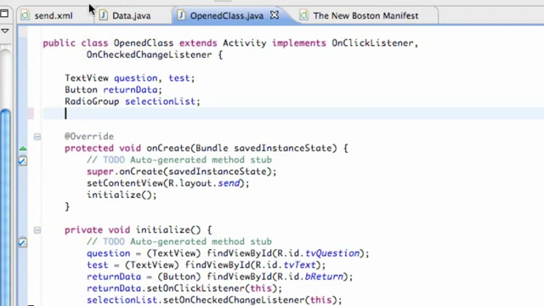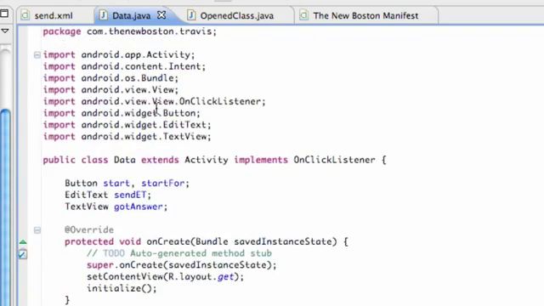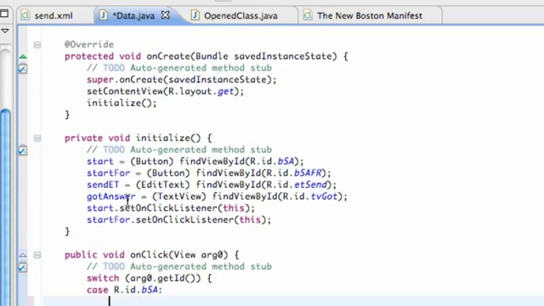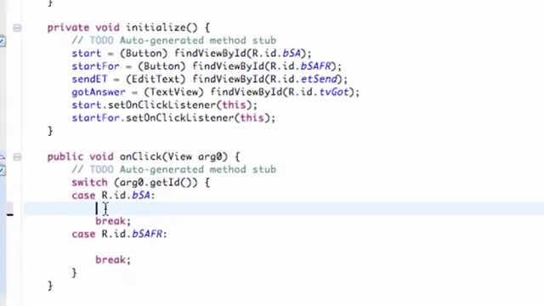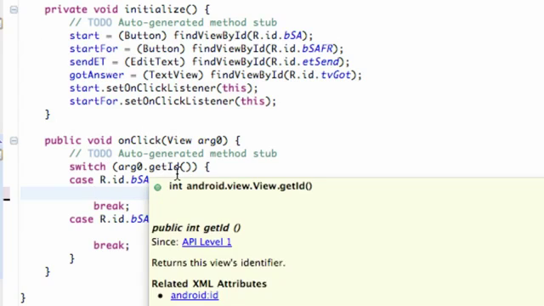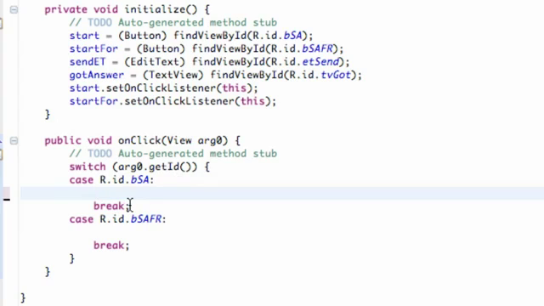So just save that and then go into your data class right here. We have this all set up as well. Within this method right here where we say button start activity, this is where we're going to pass some data. So what we want to do first is set up a string that we're going to pass, because we're going to pass a string over to that other class, that open class. So we're going to set up the string within here,